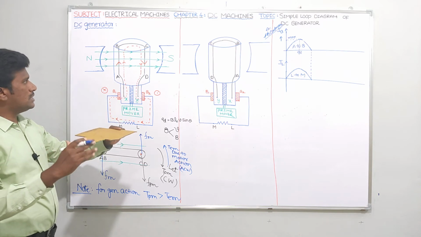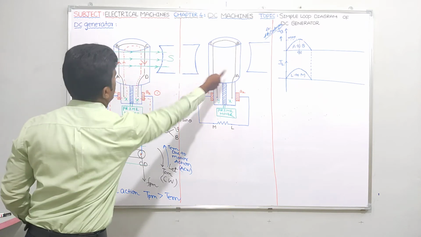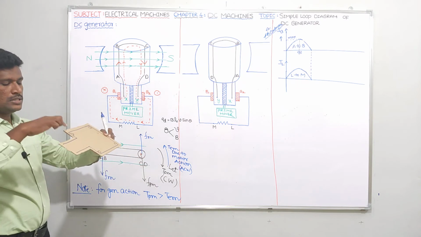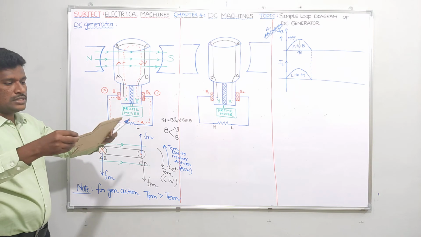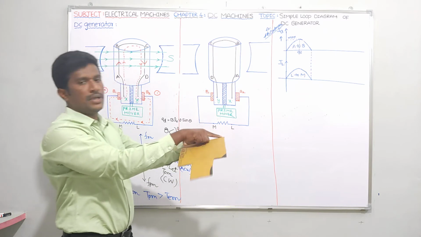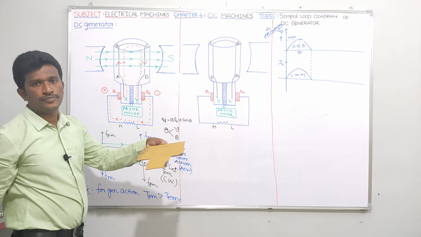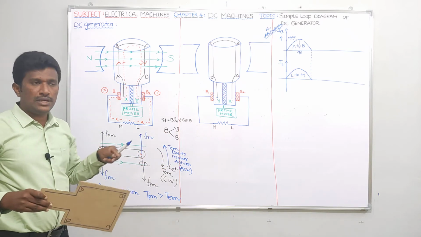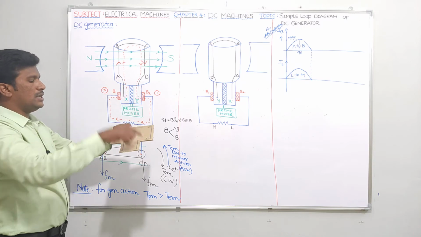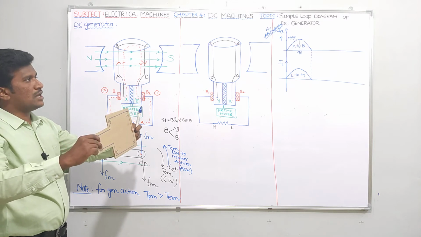Now please see, after 180 degrees, your AB conductor is going this side and CD is coming this side. So AB at 90 degrees, and after 180 degrees, this is AB, and this is CD. Don't confuse why I am repeating this topic, some people will have some problem, that's why I am repeating. Initially A, B, C, D, after rotation of 90 degrees this is the situation, where IA is maximum.